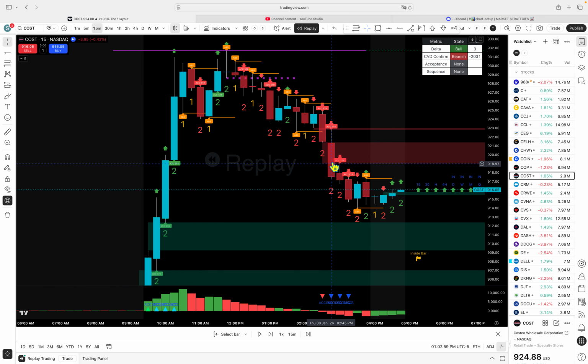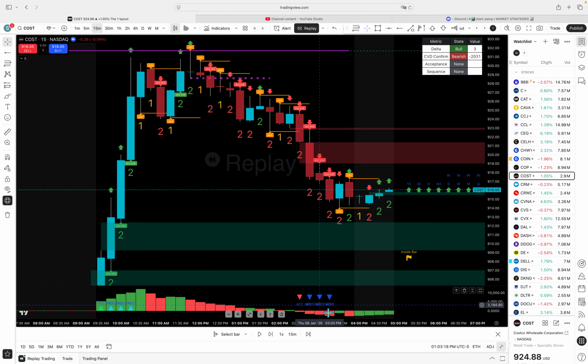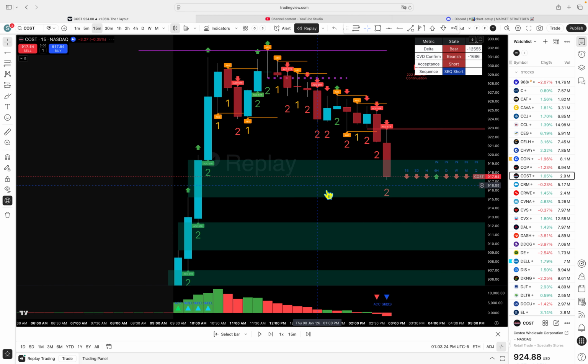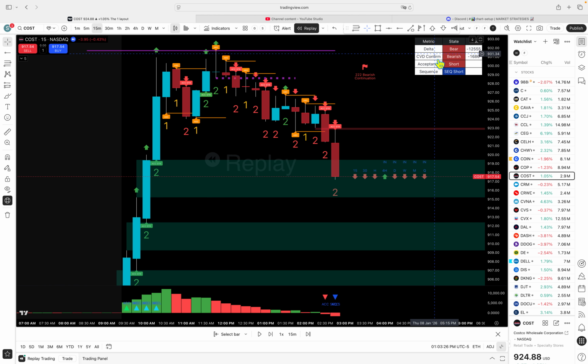I know it's kind of hard to see, but right here we see our acceptance. What that is also highlighting, by changing the bars from red to blue pointing down, is that now we are in a sequence, and that's what the blue means. Acceptance red, the sequence turns blue going down. It's a different color blue as it's going up. I'll rewind it so you can also see in your CVD dashboard that we have bearish delta, that we are now net negative